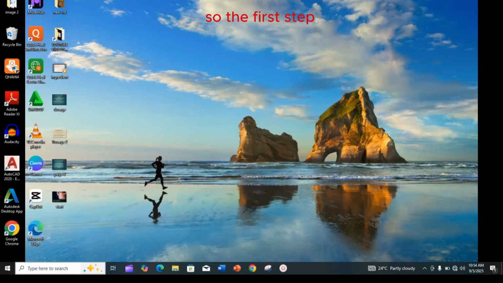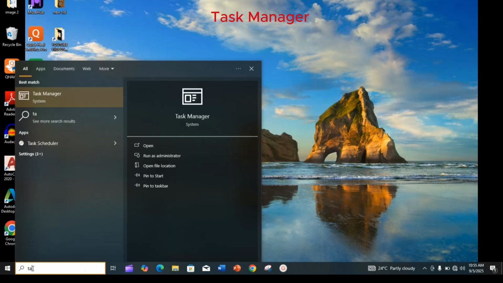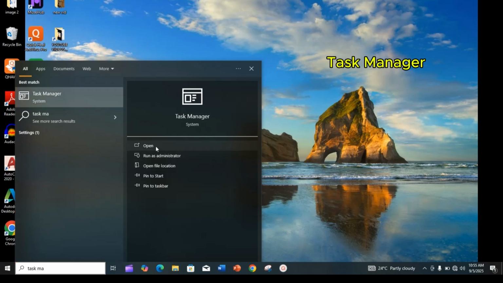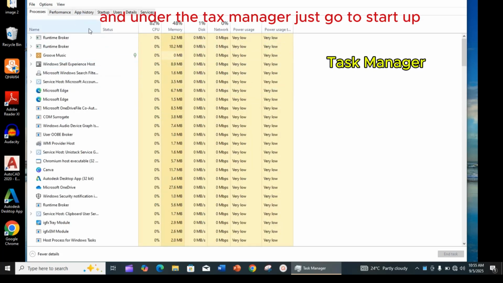So the first step will involve disabling some of the applications that boot along whenever you press your start button. And some of these applications tend to drag your boot time. So how do you disable some of these applications? First, go to your Windows search bar and type task manager, and this pops up. Just click open, and under the task manager, just go to startup,